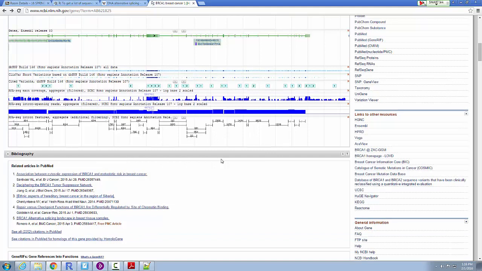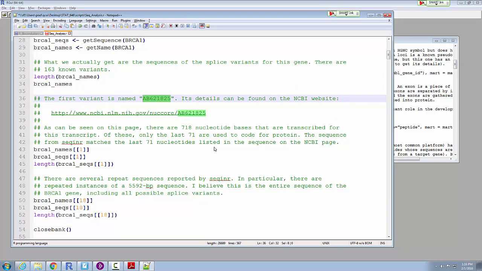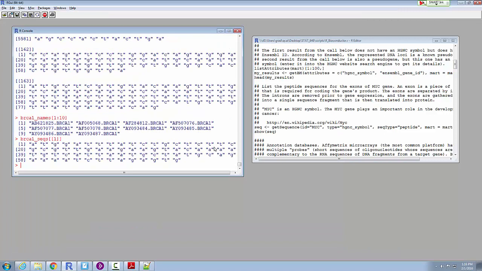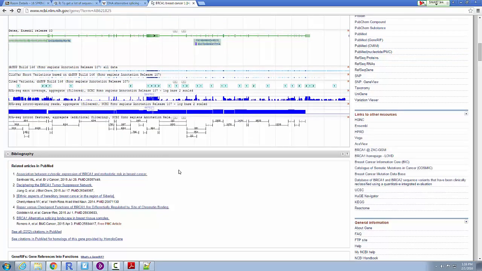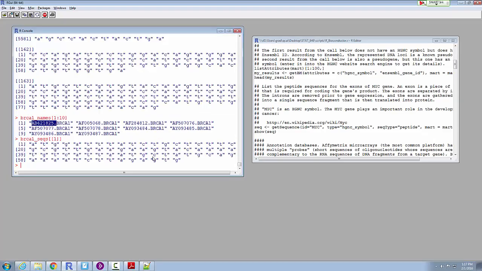What I was going to show you is that the sequence that came out of R, BRCA1 seqinR, is like 71 bases long. If you look up this code, you'll see more than 71 bases, which is a little confusing. It confused me the first time I did this. Somewhere on the NCBI site, there's the actual sequence for this gene, and it doesn't match exactly what just came out here. So one other comment that I wanted to make about sequence data